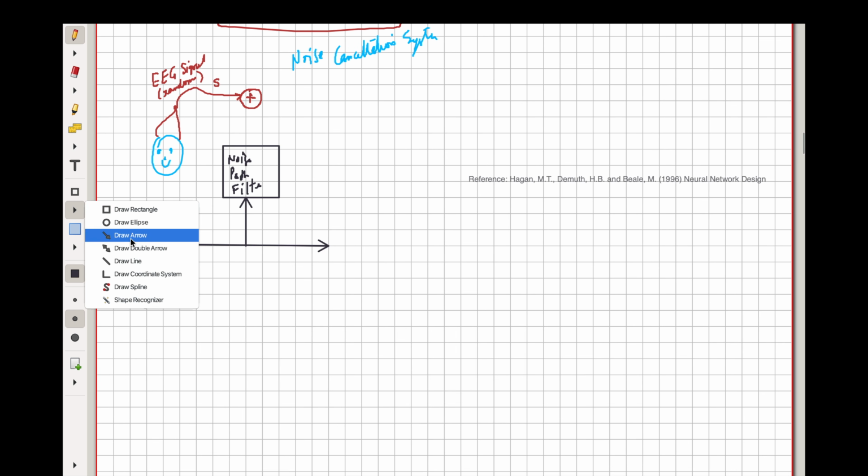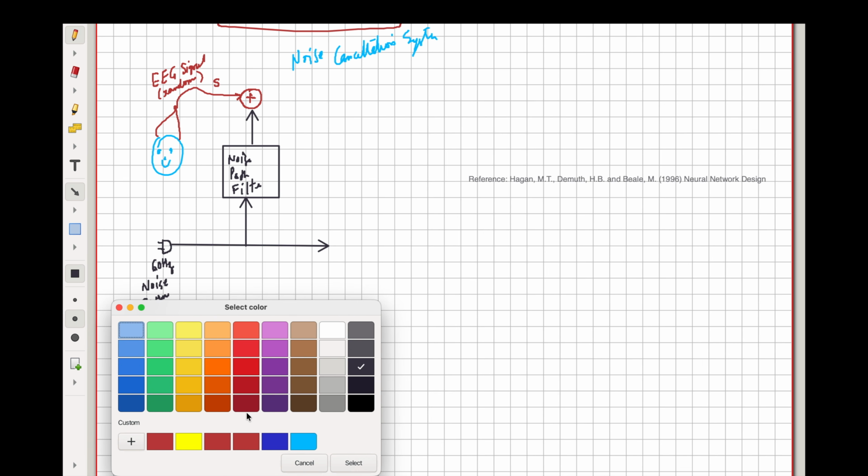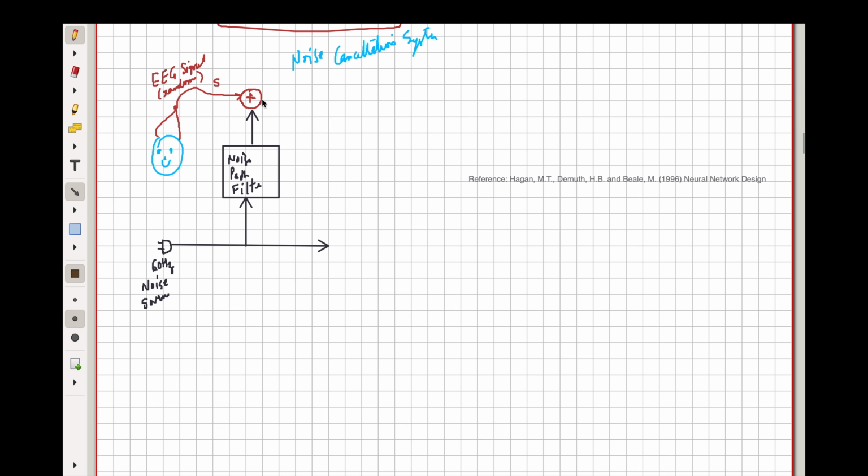And this noise goes up here, and together then what this outputs is a signal which has the original signal, but then it also has a whole bunch of noise in it,